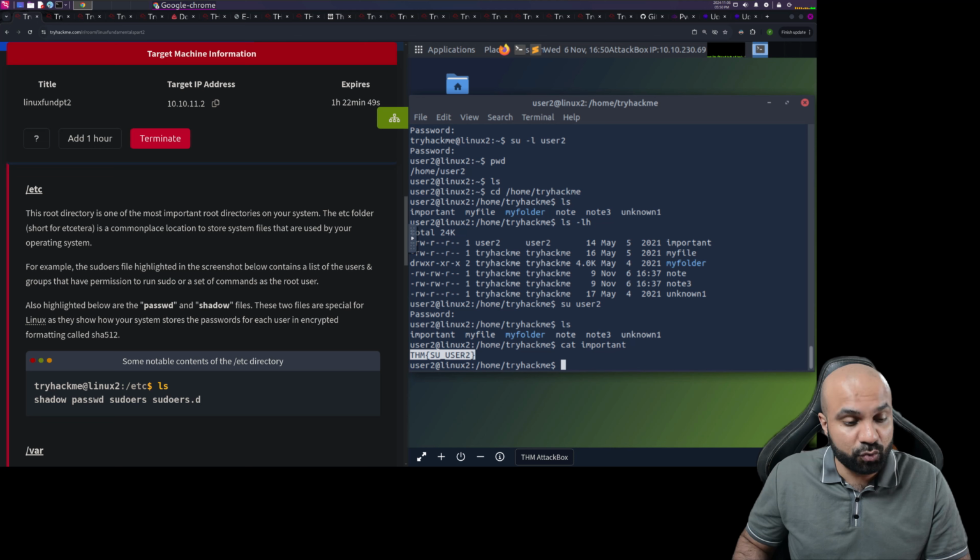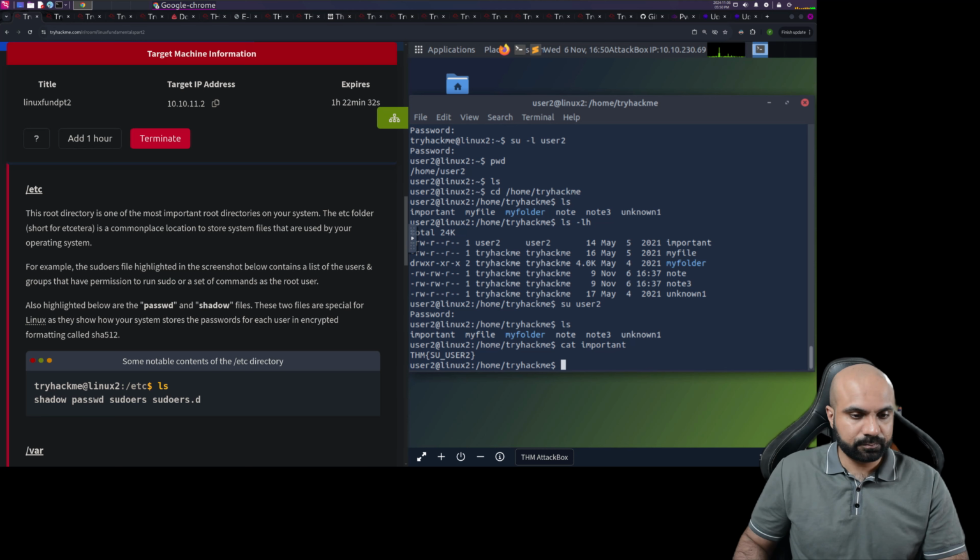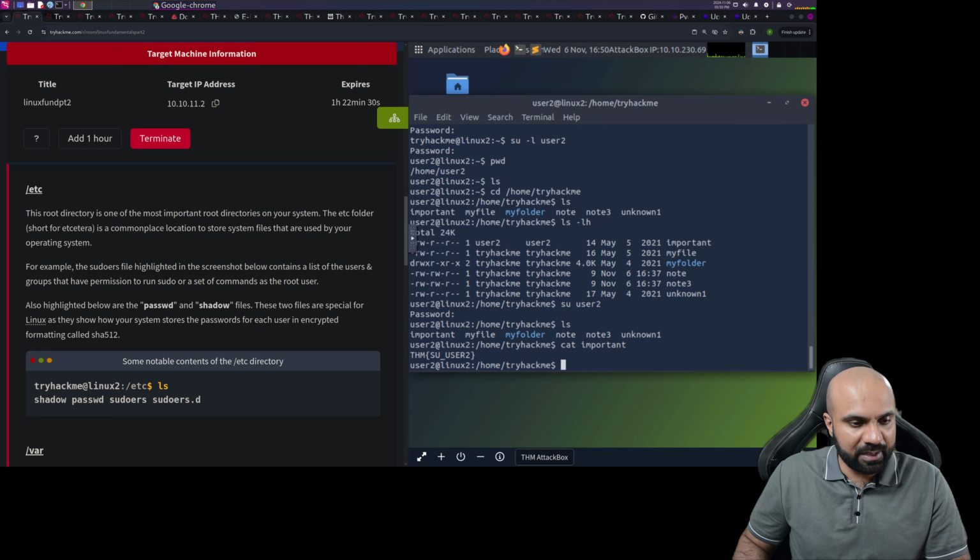For example, the sudoers file highlighted in the screenshot below contains a list of users and groups that have permission to run sudo or a set of commands as the root user. Also highlighted below are the passwd and the shadow files. These two files are special for Linux as they show how your system stores the passwords for each user in an encrypted format called